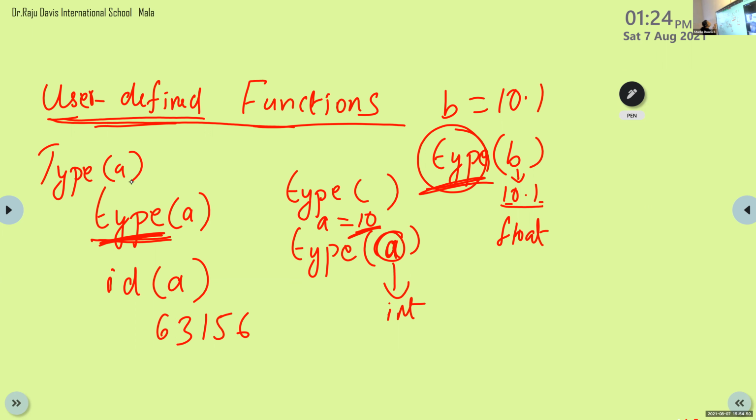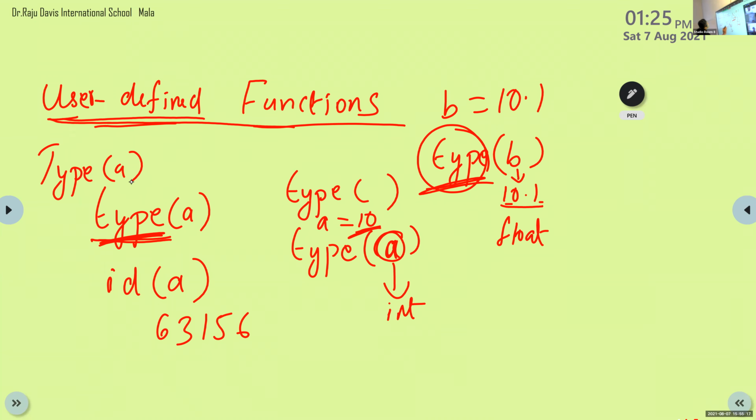If you use the function name like this, it's an error, because the name defined by the system is small letter type. Okay. Is it clear? So in a built-in or system defined function, the name and definition of that function are created by the system.